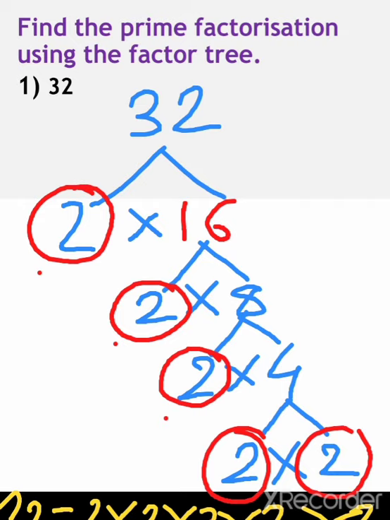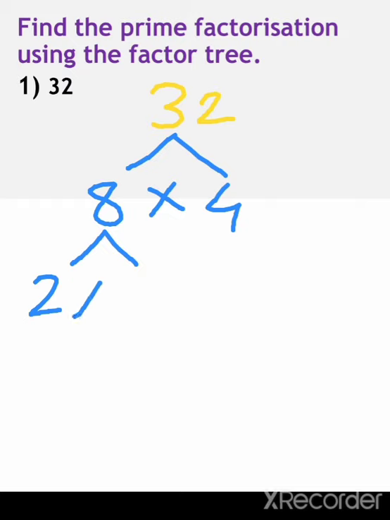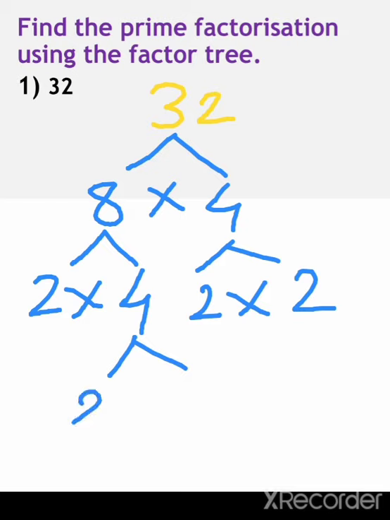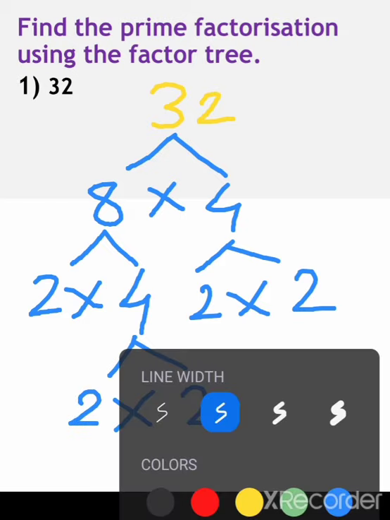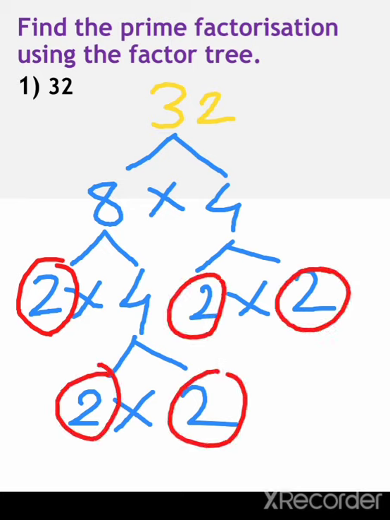Okay, I'll show you another way how to find the factors of 32. See here, 32. I can write 8 fours are 32. Yes, because 32 is also divisible by 8, and when I'm dividing by 8, I'm getting 4. 8 I can write 2 fours are 8, and 4 I can write 2 twos are 4. Now this 4 I can write 2 twos are 4, right? Now circle the prime numbers. So 2 2 2 2 2. Again I have got the same answer, 5 times 2. So any one way you can use.